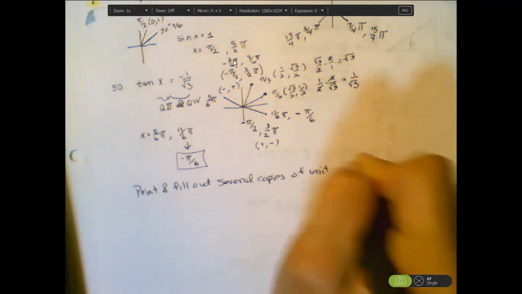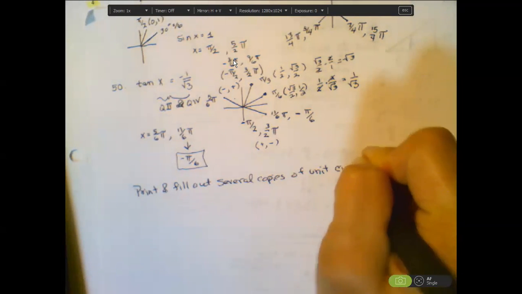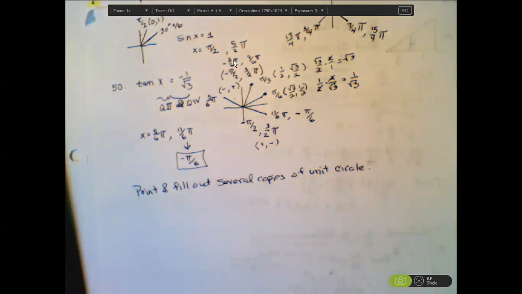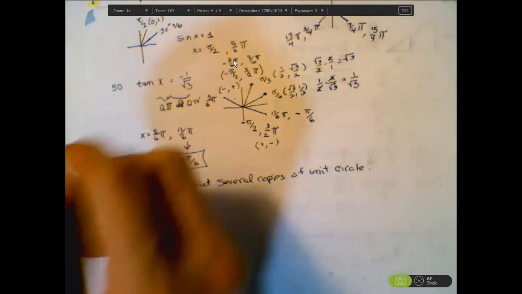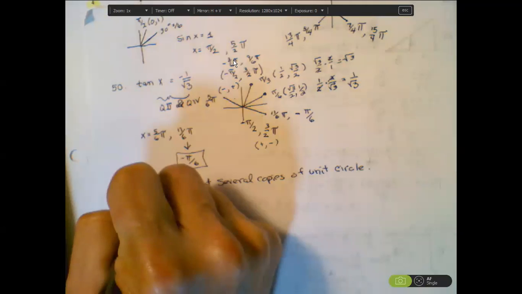And I gave you a nice unit circle in the section 5.3 notes, a blank one. You just print out more of those, or you can print out infinitely many of them on the internet. You can practice, actually,